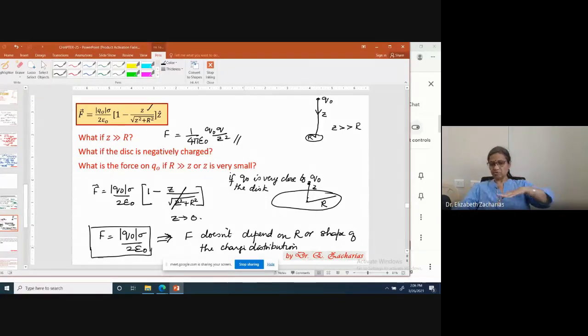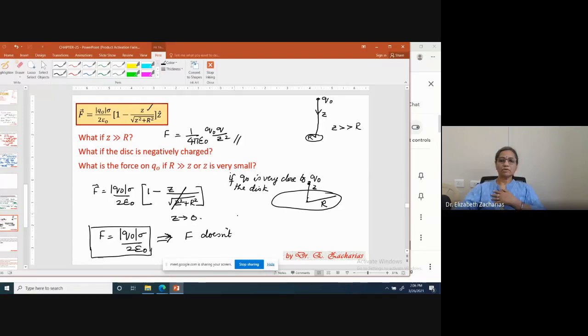It is a uniform charge distribution. It is a flat charge distribution, all right. So when you take points very close to it, it just depends on sigma only. What is the charge distribution? Not the shape of the plate. I can instead say F doesn't depend on the shape of the object, of the flat object. Even if it was a square, you would have got the same result only. It depends on sigma.